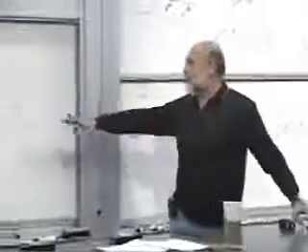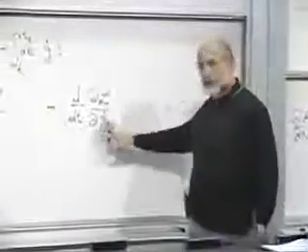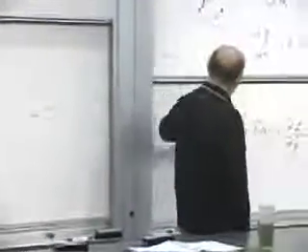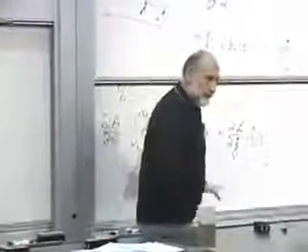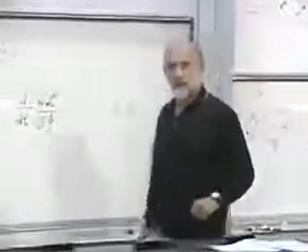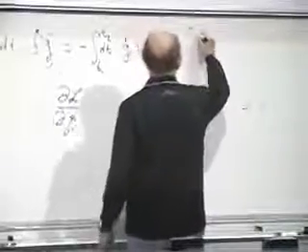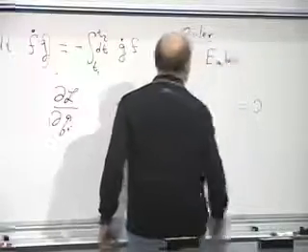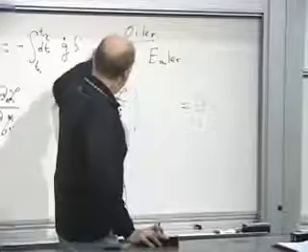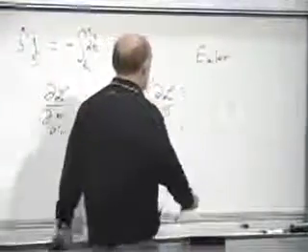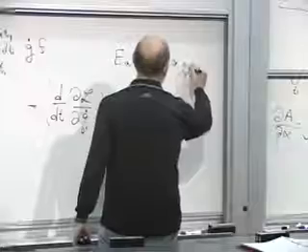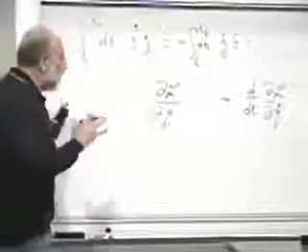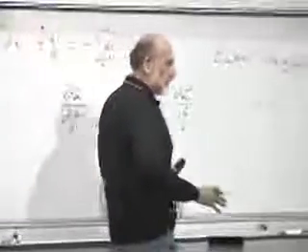Incidentally, this is called the Euler-Lagrange equation for the variational problem of minimizing the integral of L dt. Euler, not O-R, not like the football team, but E-U-L-E-R, Euler. The Euler-Lagrange variational equation. And this equation is the heart of all of classical physics.